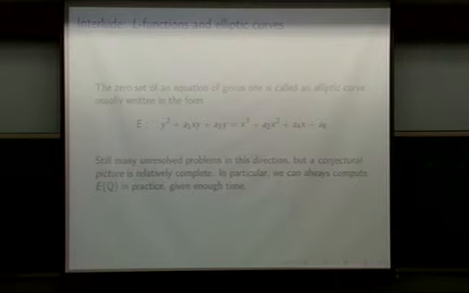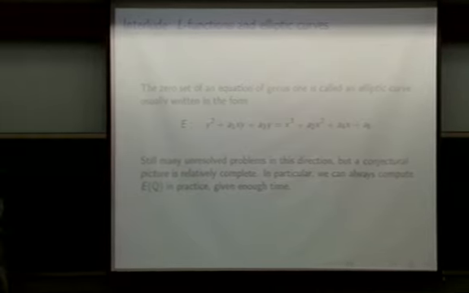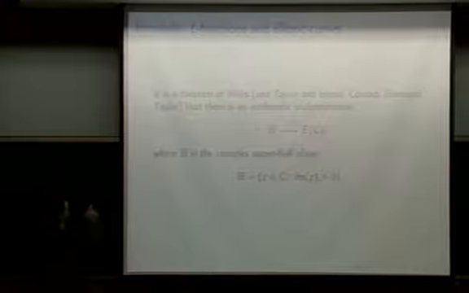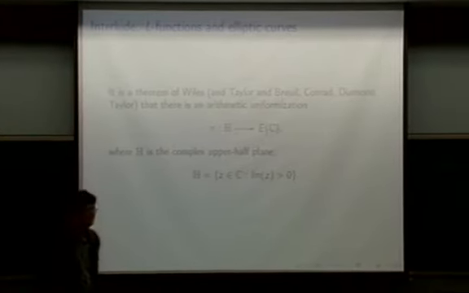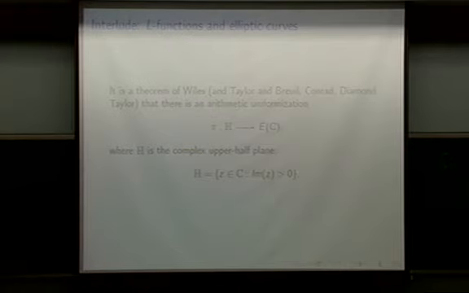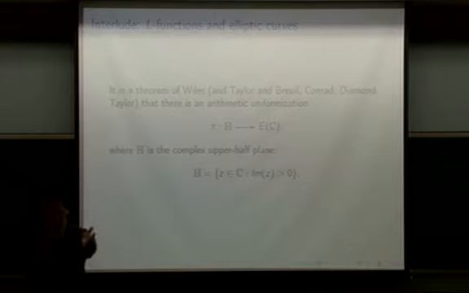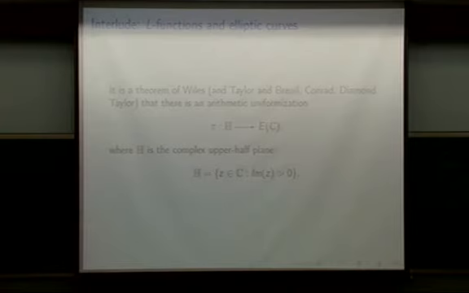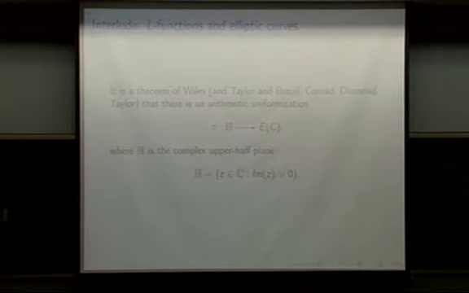And the conjectural picture, as I said, all surrounds the conjecture of Birch and Swinnerton-Dyer. To give you a flavor of this, here's an example. Oh, sorry, I forgot. Before I give you the example, let me mention a key aspect of this equation. This is actually the famous theorem of Wiles and collaborators, which also includes the proof of Fermat's last theorem. Somehow the fact that this is related to equations of higher degree is a little bit of an accident, so you should ignore that for right now. Here, I'm just talking about these types of equations, not Fermat type equations at all, even though it was eventually used for those other equations. So this is a completely different issue.